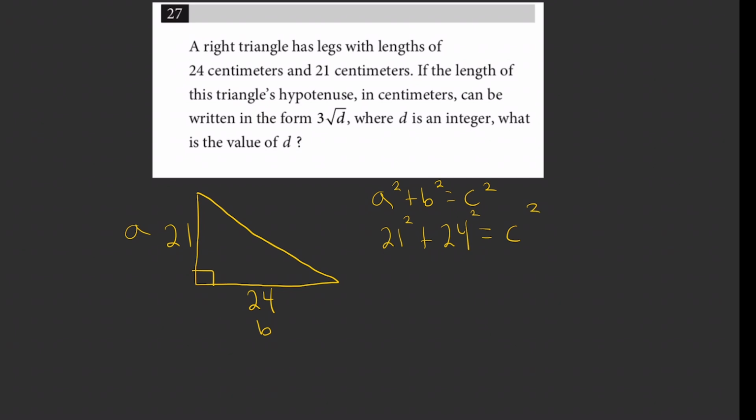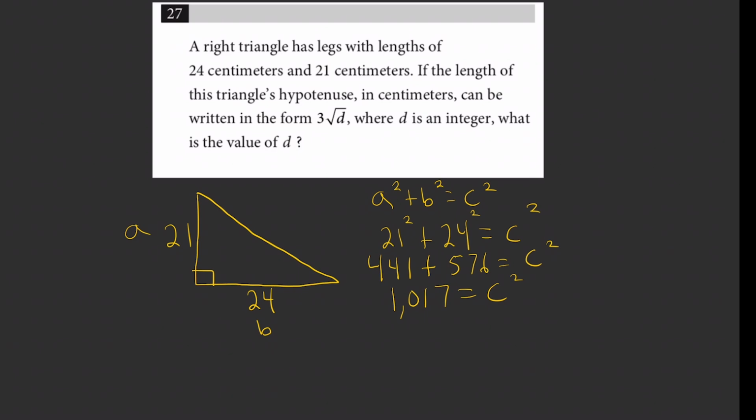So 21 squared is 441, plus when we have 24 squared, that's going to equal 576. That's equal to c squared. And then when I add those two together, I get that this is 1017, which is c squared. Now, if I want to take the square root of that,